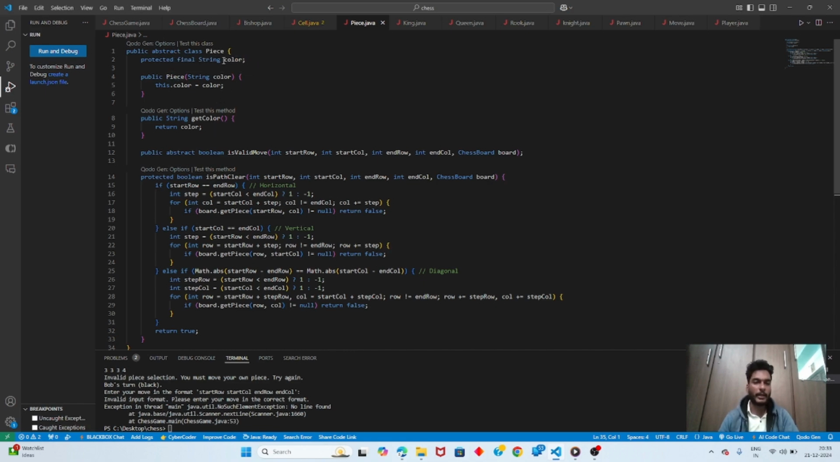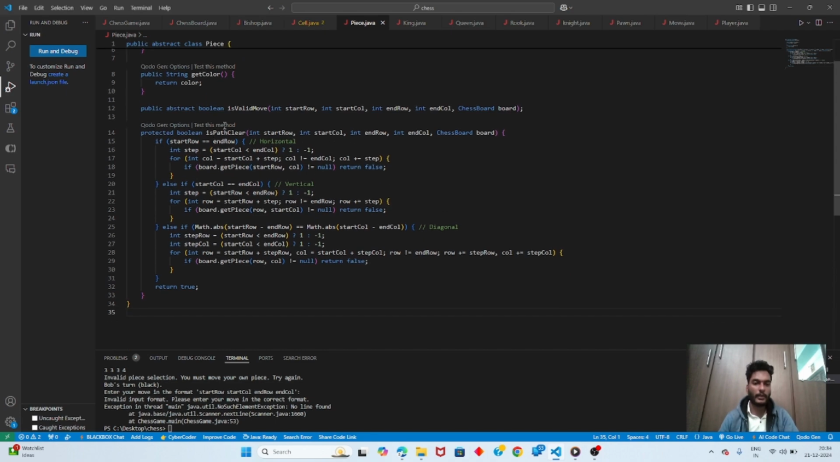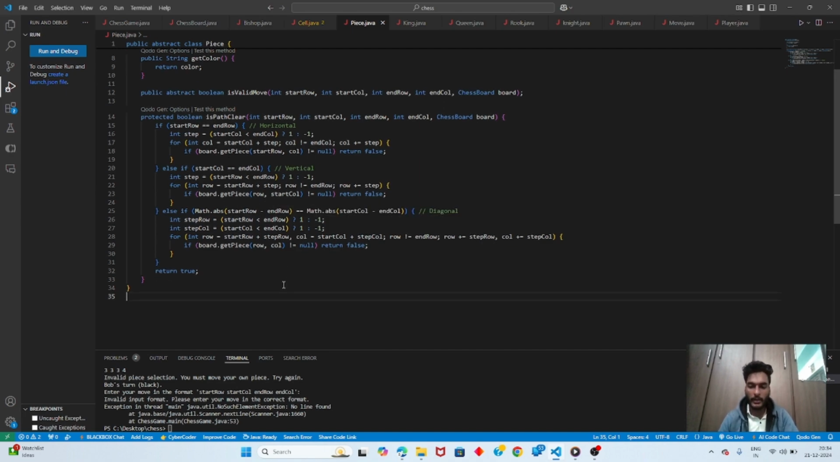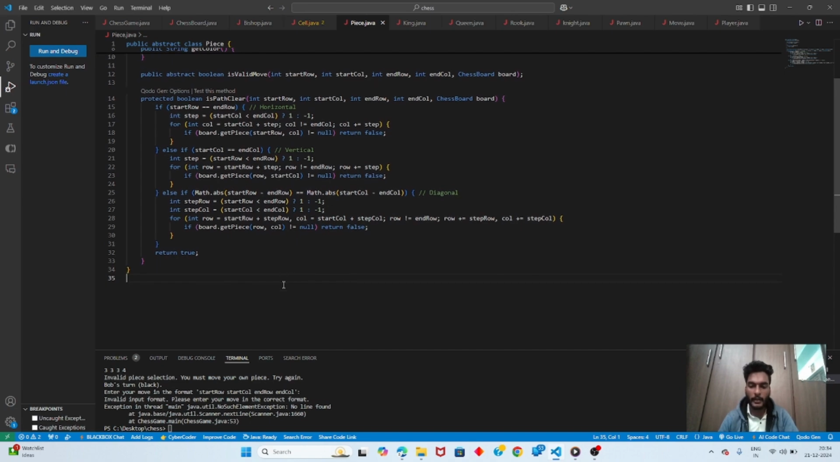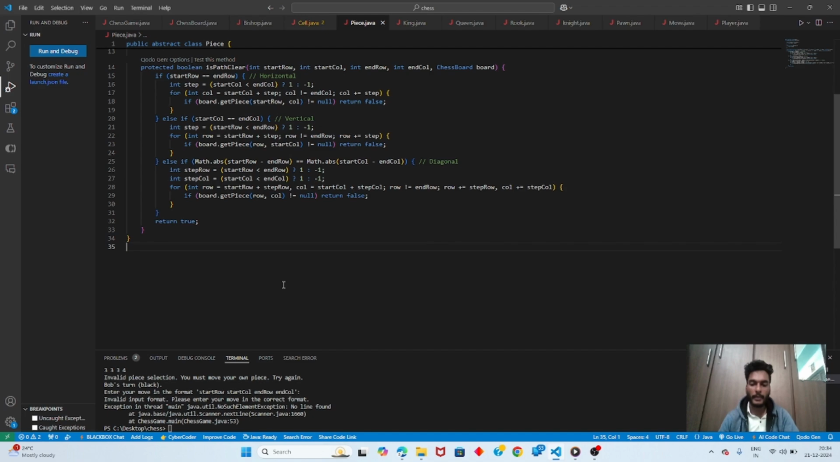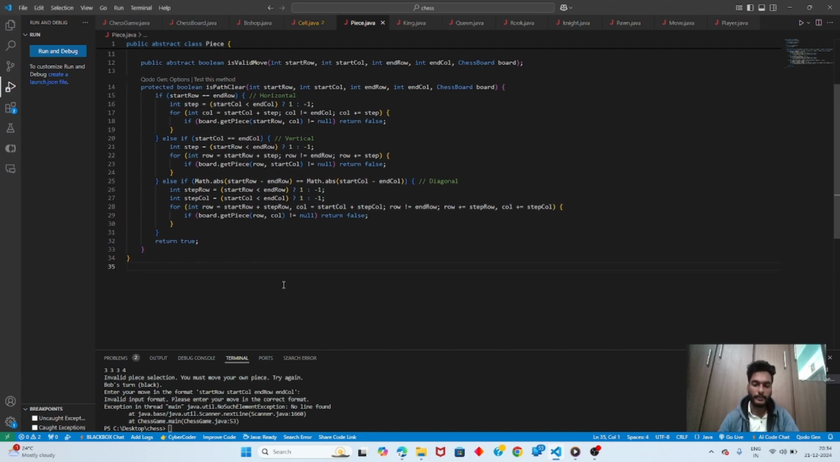And we have used abstraction in this class, and we check whether the move is valid or not using abstraction, and each piece class has unique logic for its movements. Example: pawn moves forward, knights jump. Player represents two players, white and black. And this is my piece class,